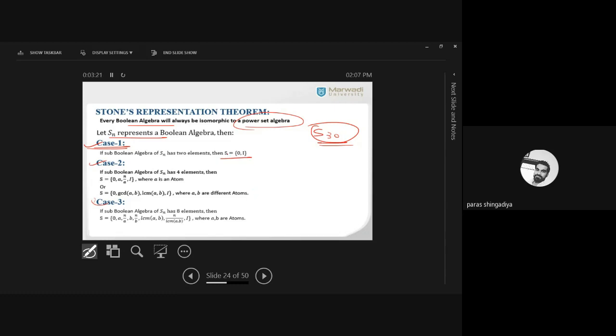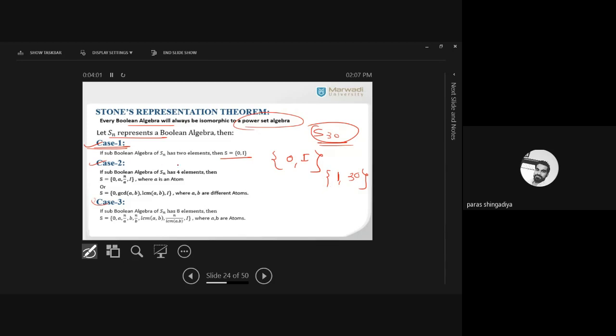So what is the form of this one? S is equal to zero element comma I element. Zero element of S30 is 1, and I element of S30 is 30. So 1 comma 30. It is known as one of the sub-Boolean algebras. It has the zero element and the I element, the closure property will be satisfied, and the complement also exists: 1 dash equals 30 and 30 dash equals 1. Clear? So that is the unique answer which includes only two elements, zero element and I element.